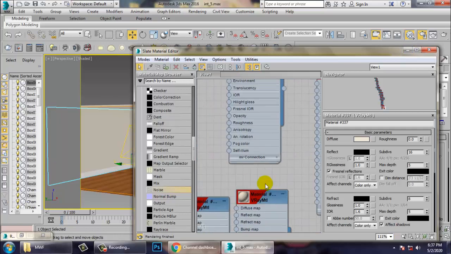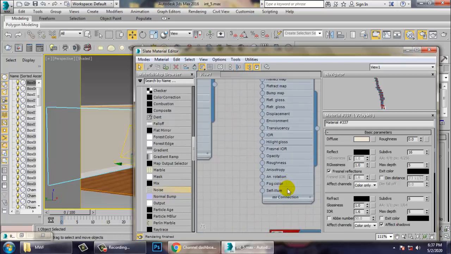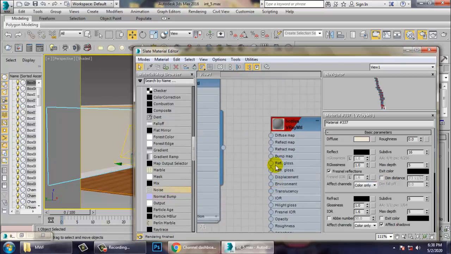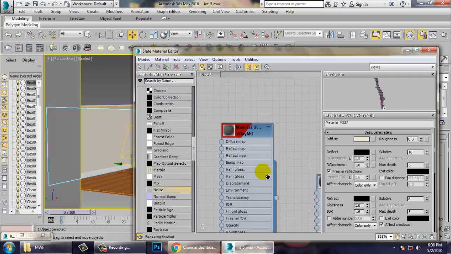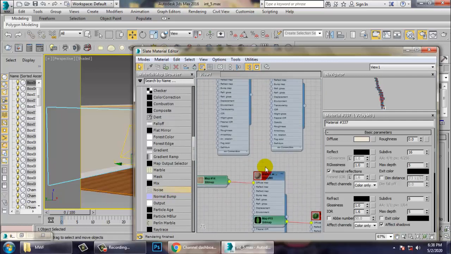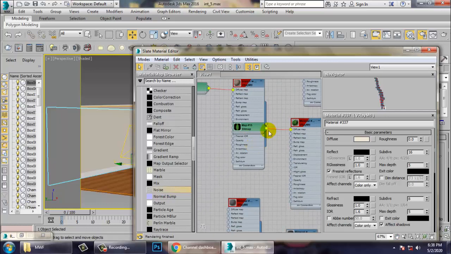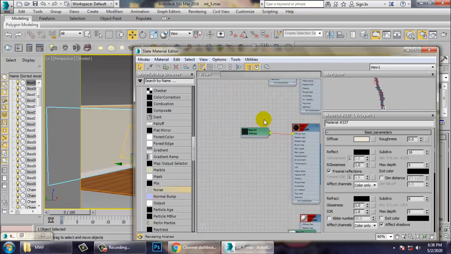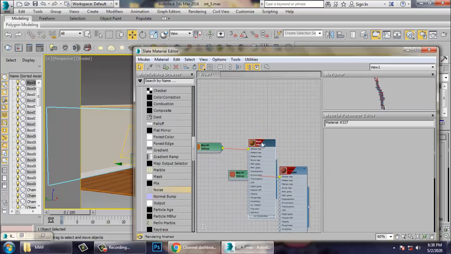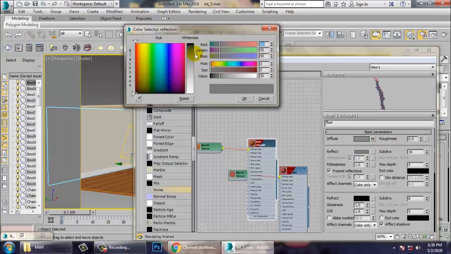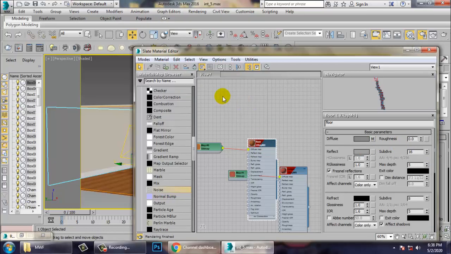Also, where we are required to work with some wooden texture, we'll be giving a bit more reflection on it. So we need to just check out this stuff. That's your floor. We need to give a bit more reflection to the floor over here.